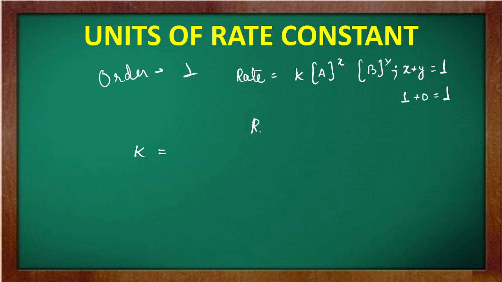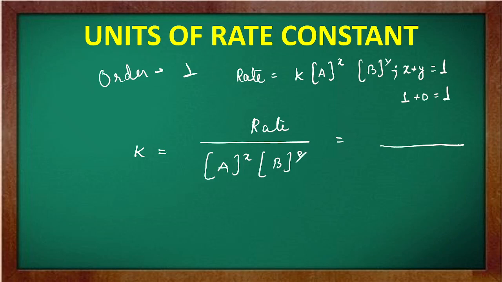k will be equal to rate upon concentration of A to the power x and concentration of B to the power y। तो y हमारा 0 है, so now replace the values। So this time this value will reduce to 1 because your value of y I have already said that this is 0। So now you will have concentration। तो concentration rate का यूनिट क्या था? Concentration per time। साथ ही concentration ये भी तो concentration है, this is concentration of x, so this will be only concentration। So now if you solve this, what will happen? That this concentration and this concentration will cancel out,